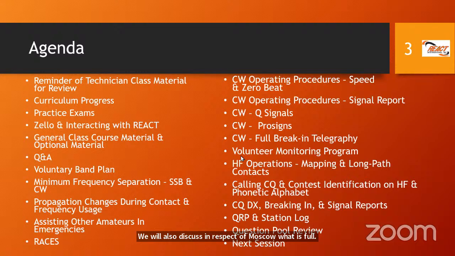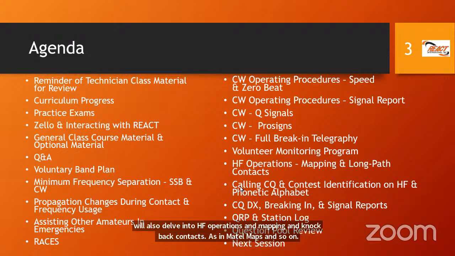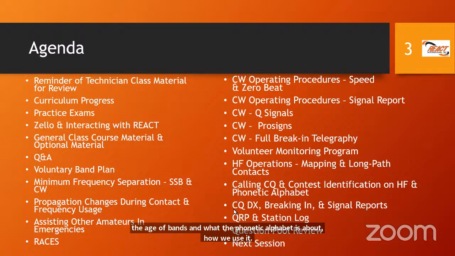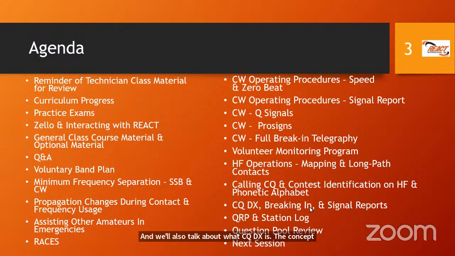Then we go on to talk about the volunteer monitoring program, what it is. We'll also delve into HF operations and mapping and long path contacts, azimuthal maps and so on. We will also talk about how we call CQ, what that is about, and how we identify ourselves on the HF bands and what the phonetic alphabet is about, how we use it. And we'll also talk about what CQ DX is, the concept of breaking in, and what signal reports are,